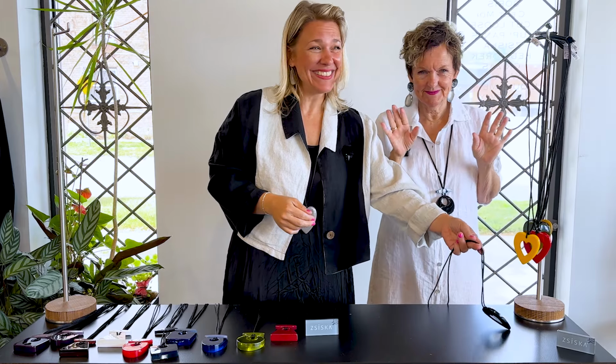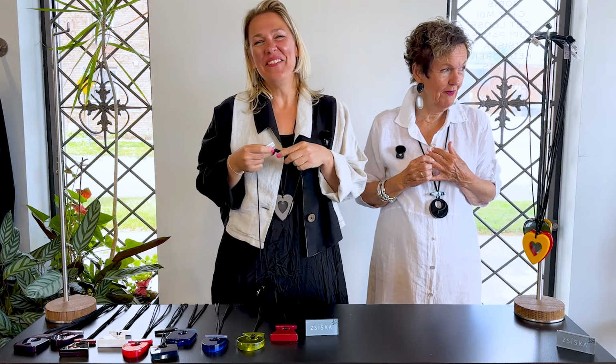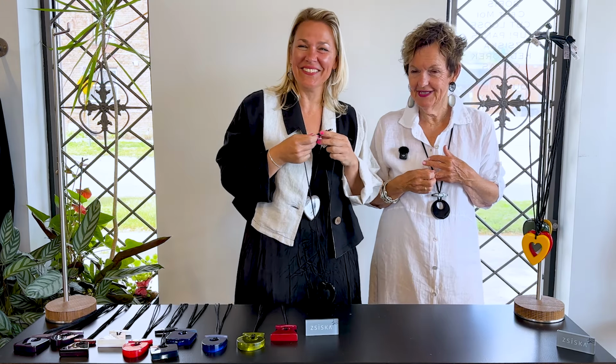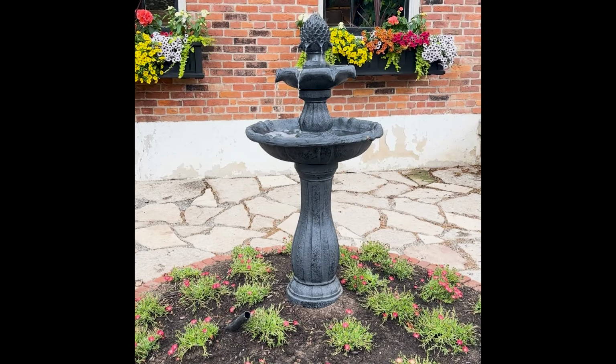And ladies, I did not know, but I just found out what an upside down pineapple means if you have it in your front yard. Do any of you know? It means you're swingers. Oh my God. People have an upside down pineapple in their front yard if they're swingers. And her fountain looks like an upside down pineapple. Well, we haven't had a knock on the door yet, so...